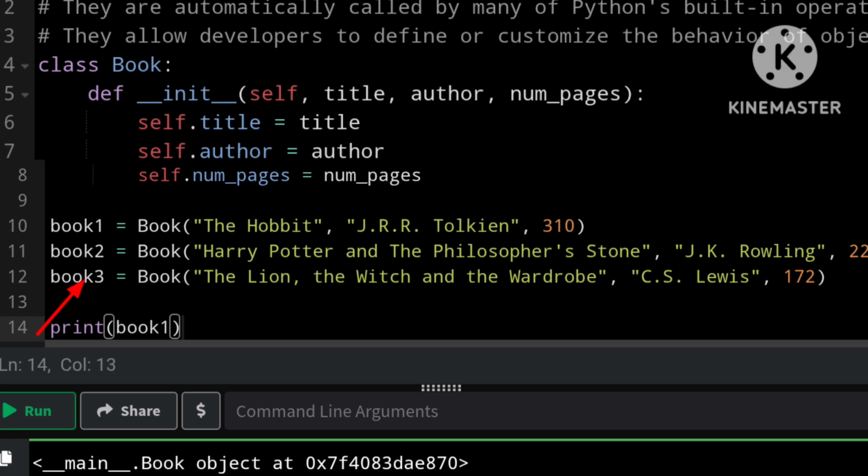Then we have book 3. For my third book, I will pick The Lion, the Witch, and the Wardrobe. The author is C.S. Lewis. The number of pages is 172. Okay, here are my 3 book objects. When we call the class of Book and pass an argument,